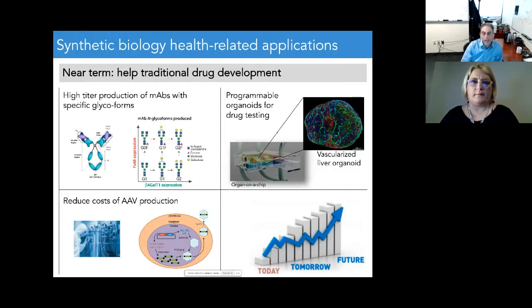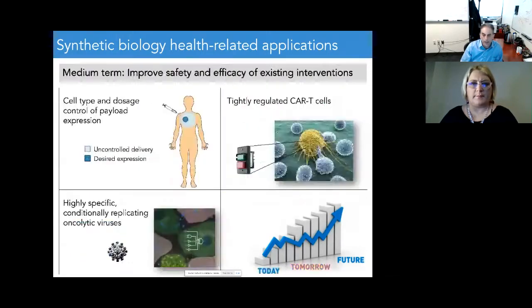So rather than, or in addition to, testing drugs on animals before we go to humans, it seems like it would be much better to test these drugs on human-derived organoids sitting on a microfluidic chip. And so we have interactions right now with Big Pharma about incorporating this very soon into their drug development pipeline. And then there's another example I won't go into, in terms of being able to produce therapeutic viruses. So these are examples of near-term applications for synthetic biology. And again, this is the one I'm going to focus on today.